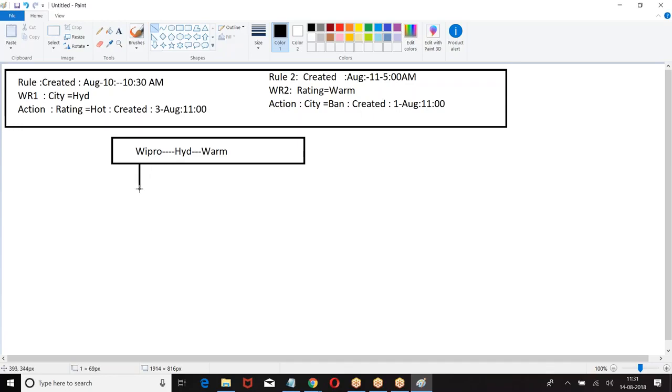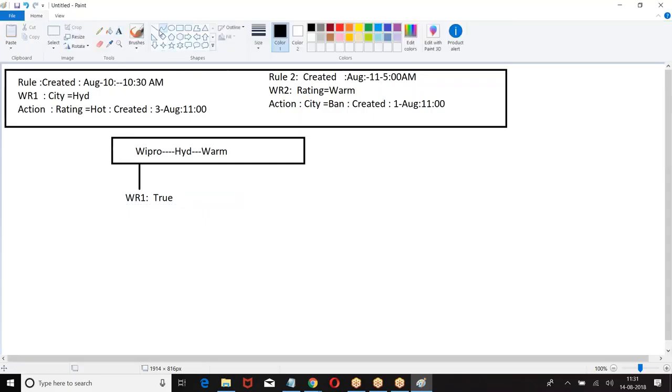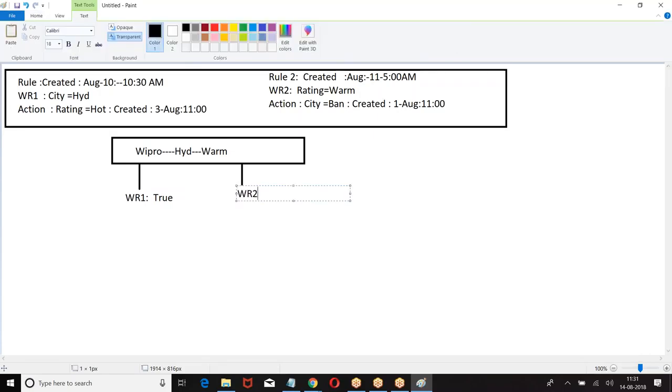First, all the rules will be verified. Workflow 1: is city equal to Hyderabad? Workflow 2: is rating equal to warm? Yes. So, are they performing rule and action? No. Rule 1, rule 2, rule 3, rule 4, like that. All the rules are verified.